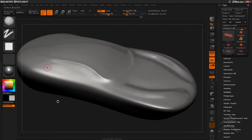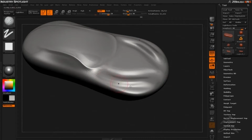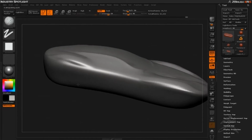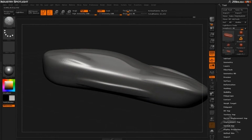I like the clay buildup. It's just simply to build things up, smooth them back down. It's really quick. It also allows me to, let's throw some rear form down there, make this a little more muscle car. It also does this kind of neat thing where it leaves a big flat edge. If I smooth that back out,